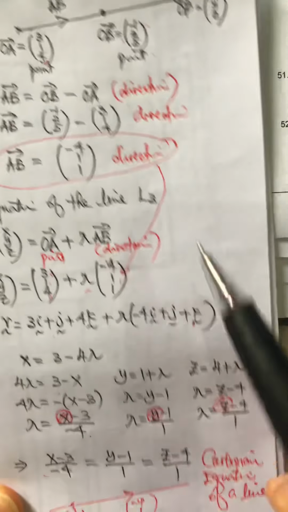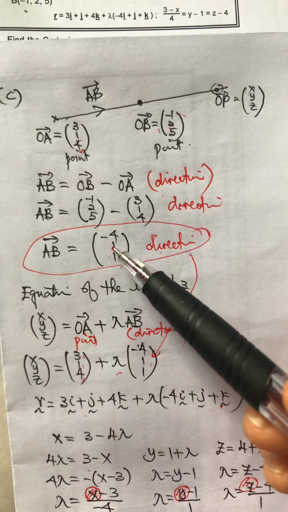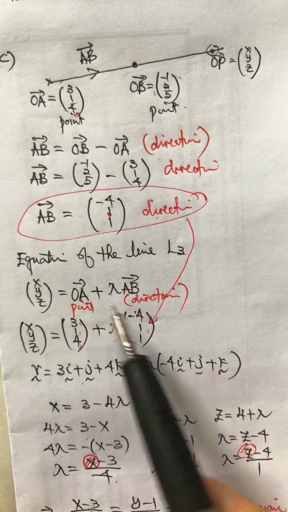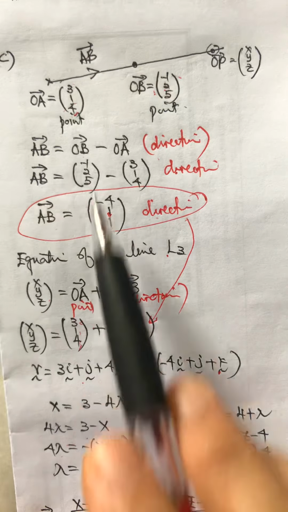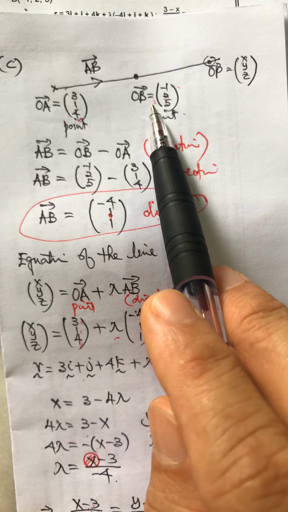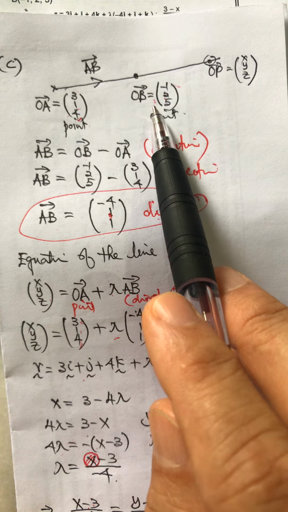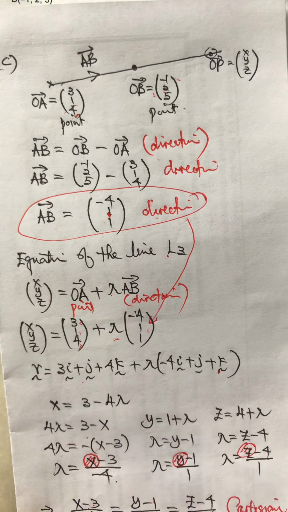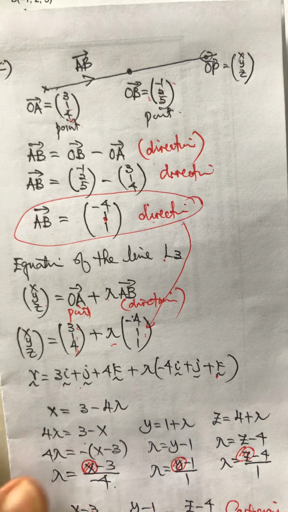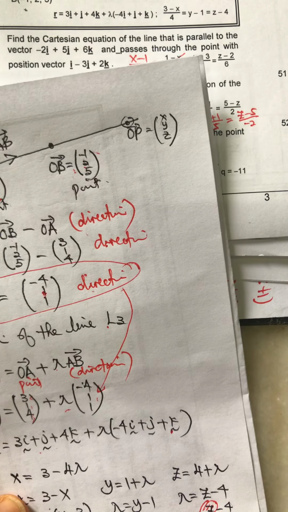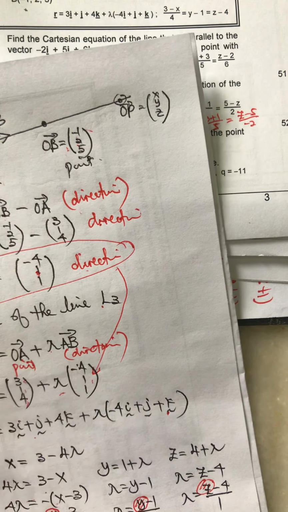You see, correct or not? The direction is negative 4, 1, 1. Of course, if you want to find the equation of the line, if you don't want to use point A, you can use point B also. Same. Okay, you will get the same thing. Okay, all accepted. Okay, if you use B as the point, then the equation should be something